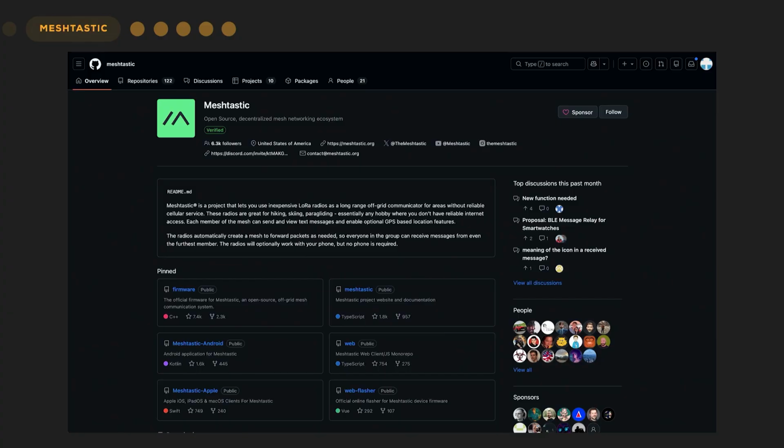So Meshtastic is an open source platform. They have a number of different softwares, like the actual firmware that runs on radio devices. And then they also have native Android and iOS apps. They also have a web interface where you can do meshy things on your computer. So that's Meshtastic at a huge flyover, but we're going to get into it more.